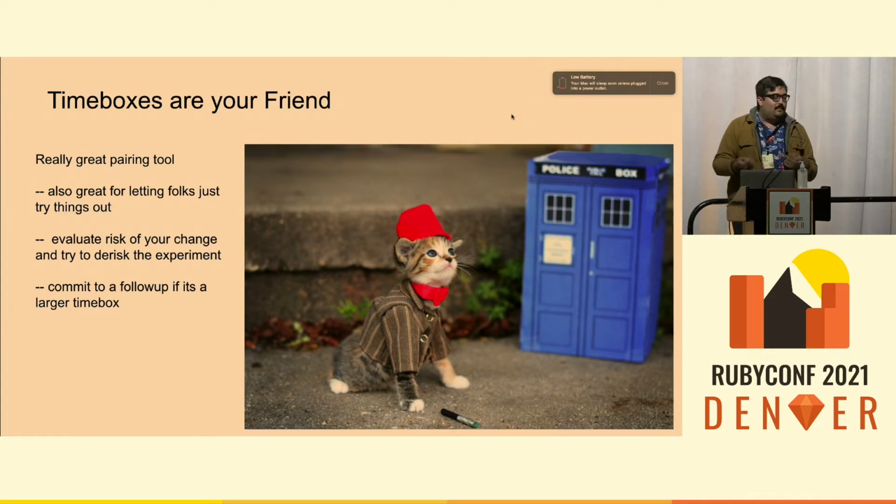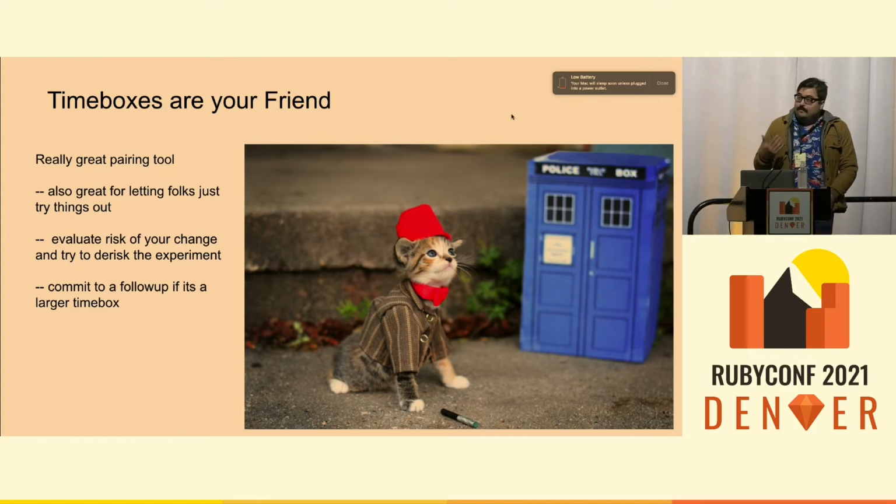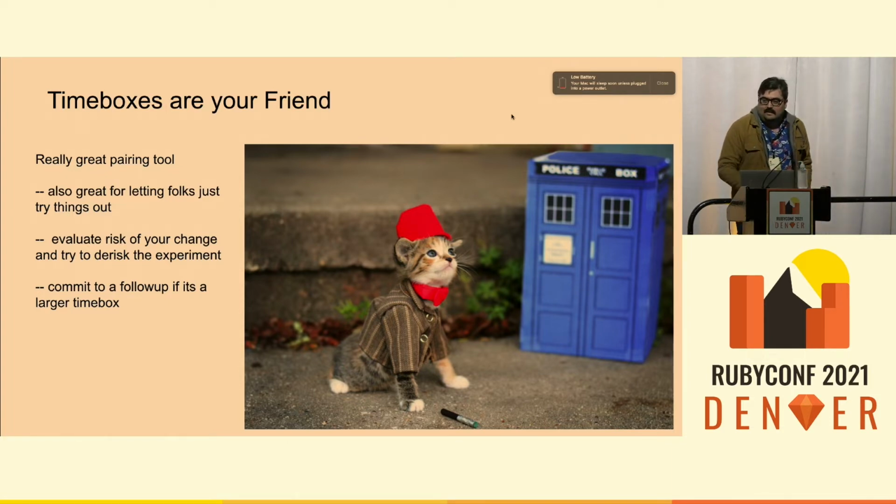And then also that gives us a point to pull back to be like, we tried this for 2 hours. Can we try my way now? So it really does help to let there be an avenue of give and take back and forth. And what I would say is, if you're doing a bigger time box, like if you add something in the code base, definitely make sure to figure out when you're going to pull it out, or whether you're going to be like, oh yeah, we want to keep doing this, because otherwise, cruft.